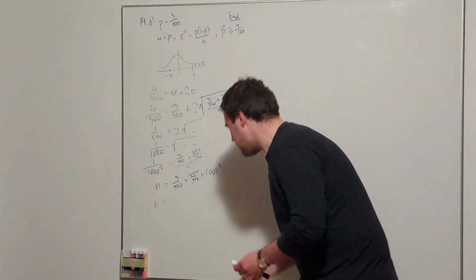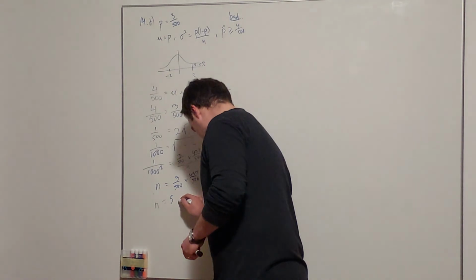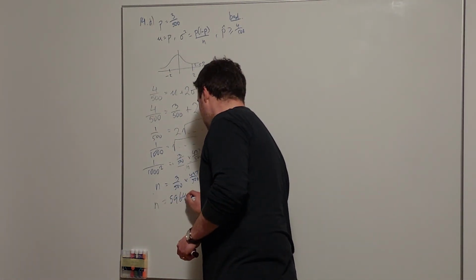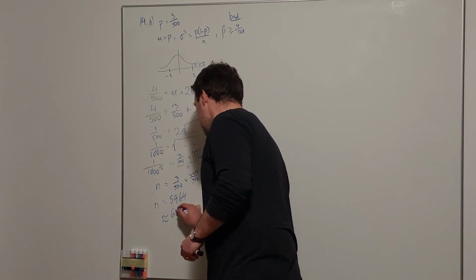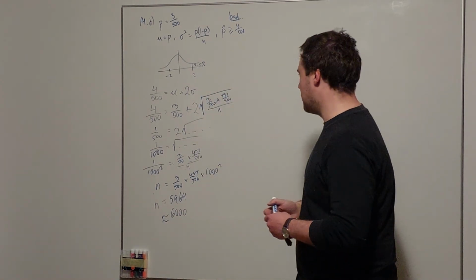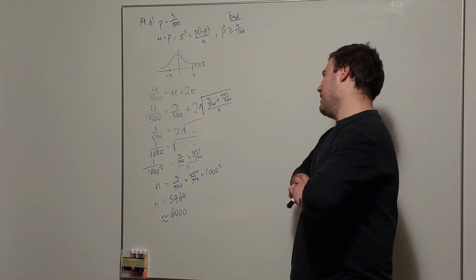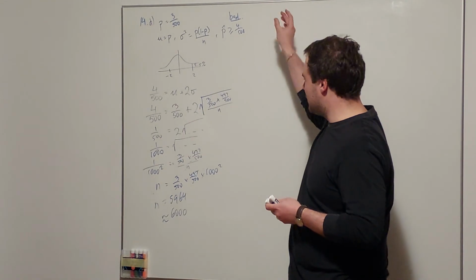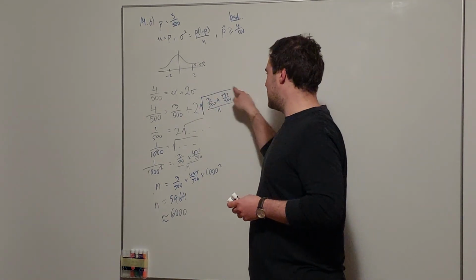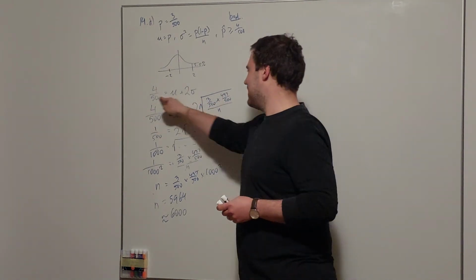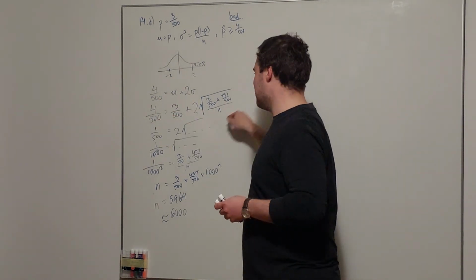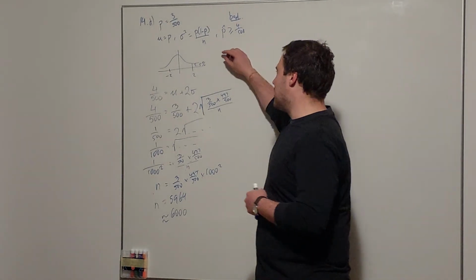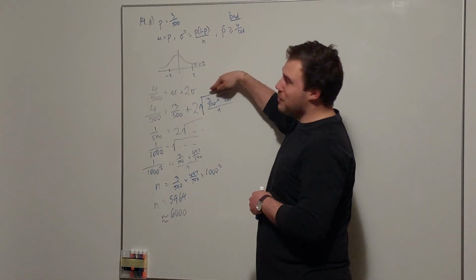Which is 5, 9, 6, 4, which to the nearest thousandth is approximately 6,000. Okay, so I assume the difficult part of this is meant to be the interpretation of the problem and setting up this equation, and then this is meant to be the plonking away at the algebra to get to that. So, assuming you're satisfied with my explanation up to there,